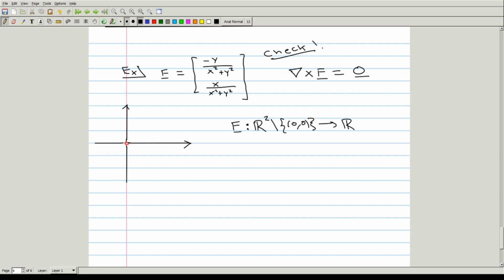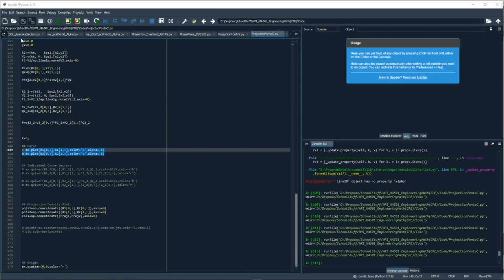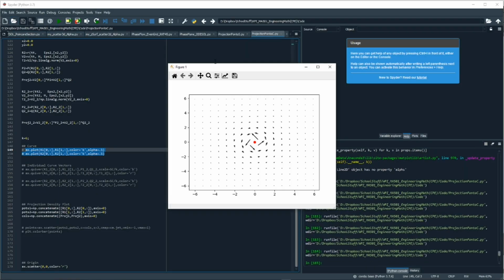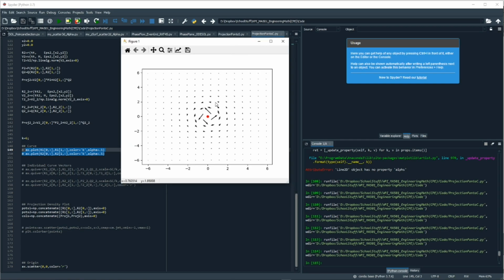That being said, we can still visualize this vector field very nicely, and we can do that in Python just by taking a look at the Python window and running our visualization. This is what this vector field looks like, and you can definitely see that it looks like it's rotating around the origin point right here. So initially you would expect that the rotation of this vector field is non-zero,